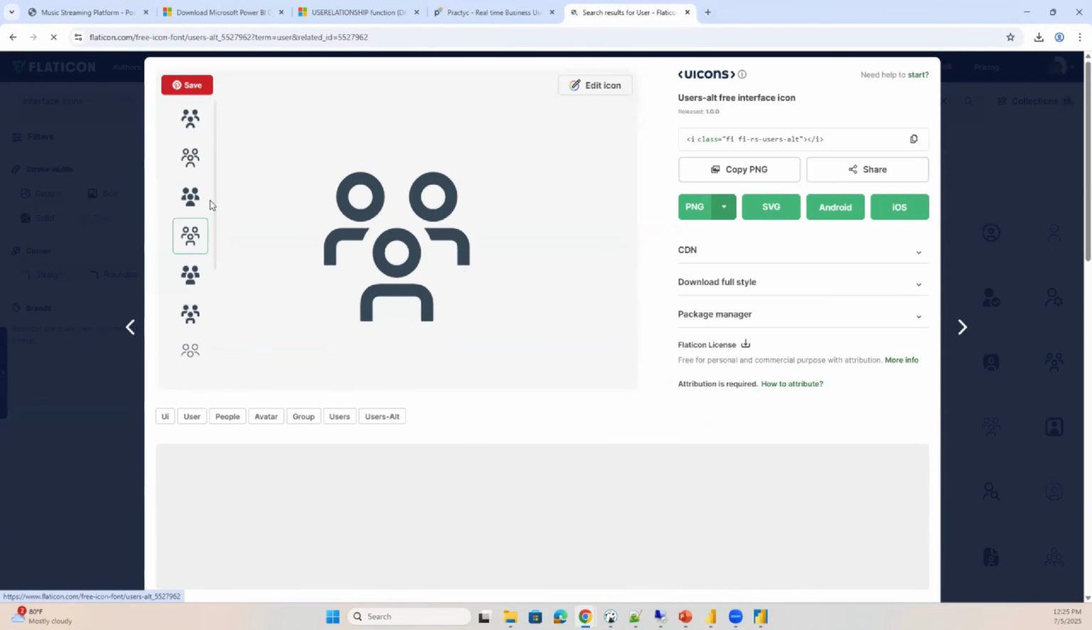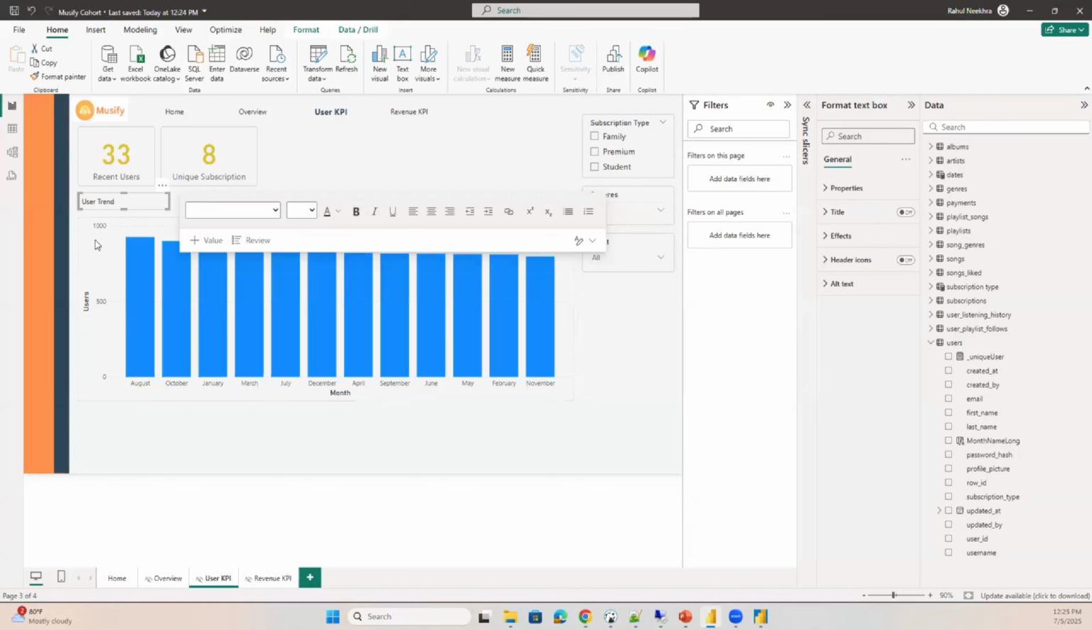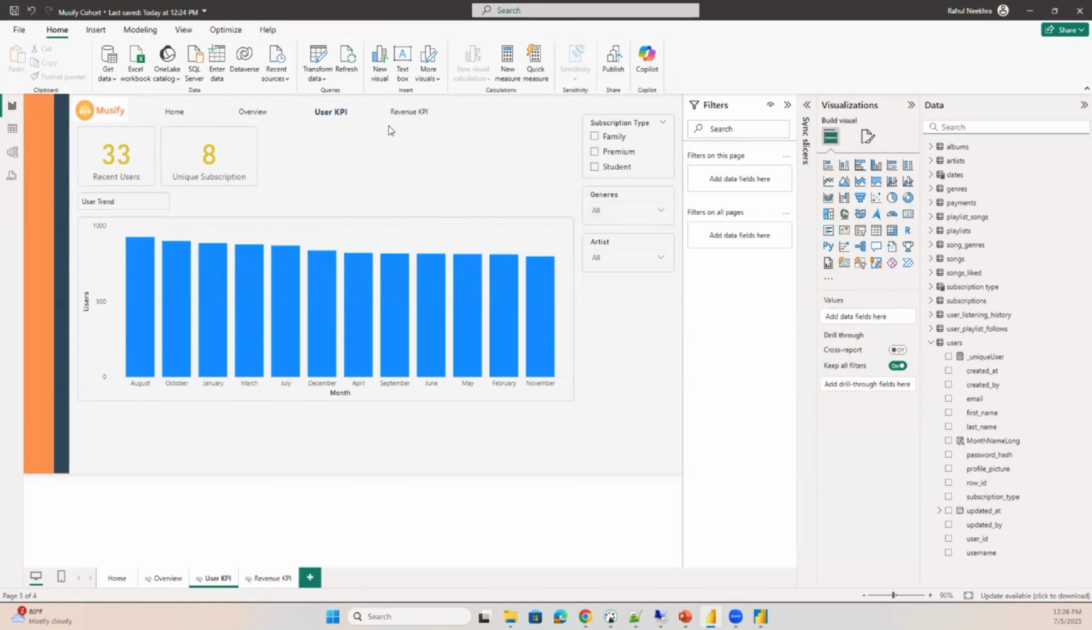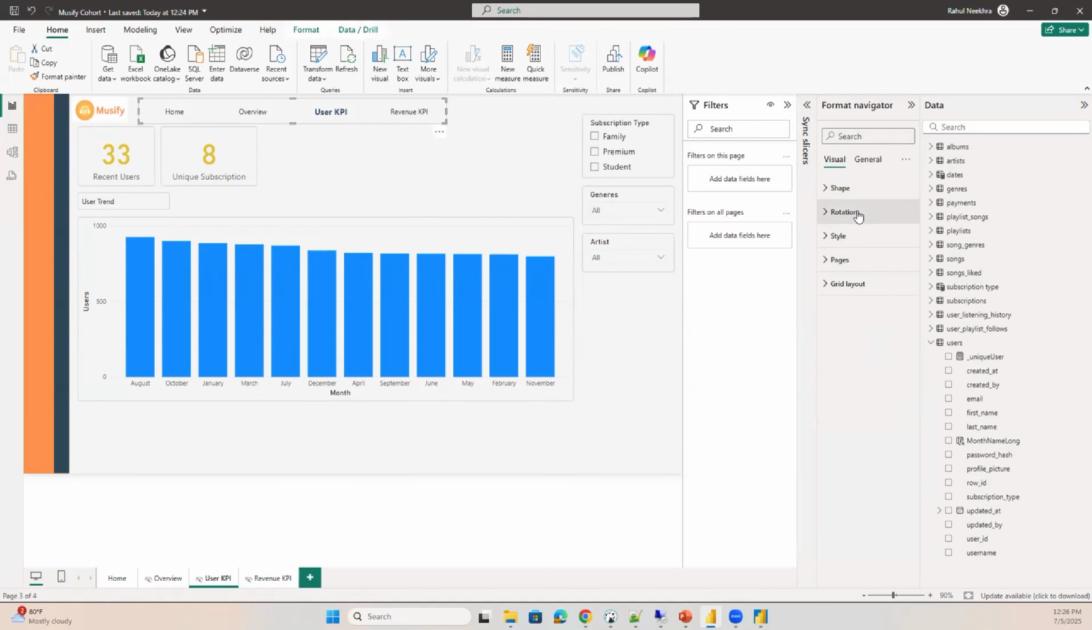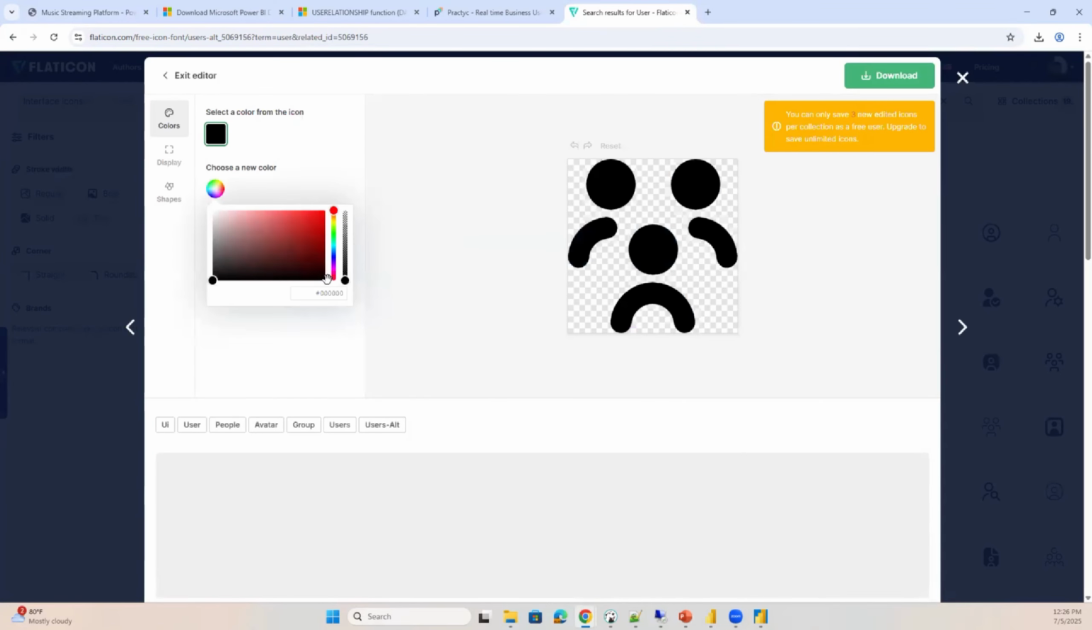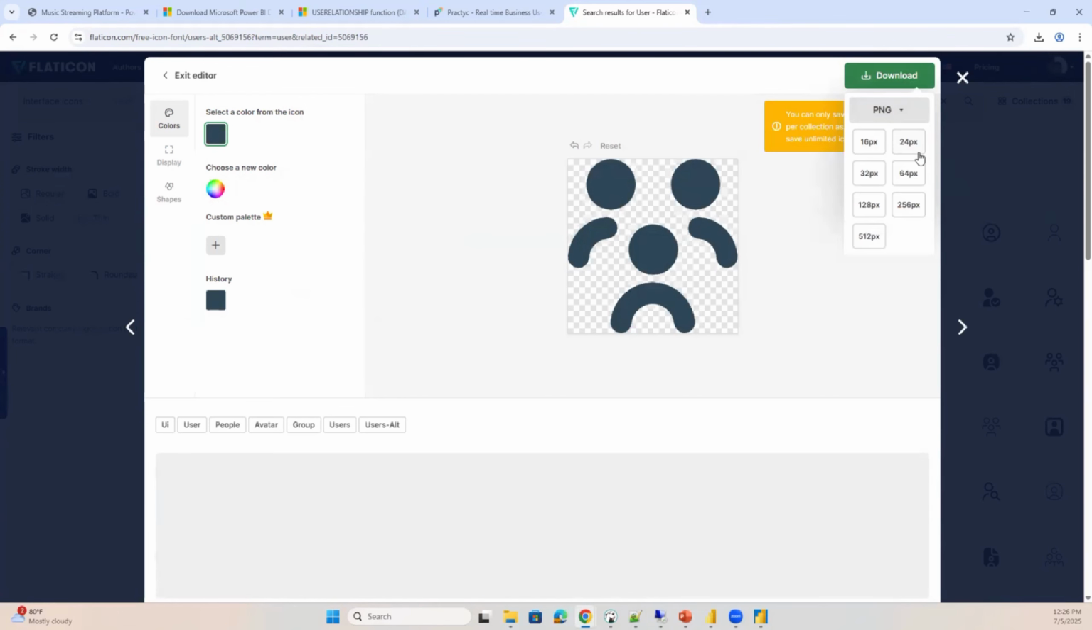I can edit the type, I can edit the color, and pertaining to our dashboard color theme, I can just pick up the color code. This is the color code I would like to keep for that icon. Go to the colors of Flaticon, use this one, download it as PNG in the 64 format, go copy it, and I'm just putting it into the images,